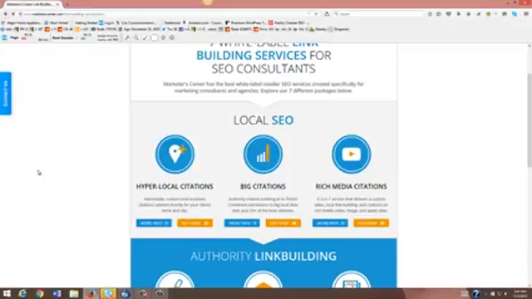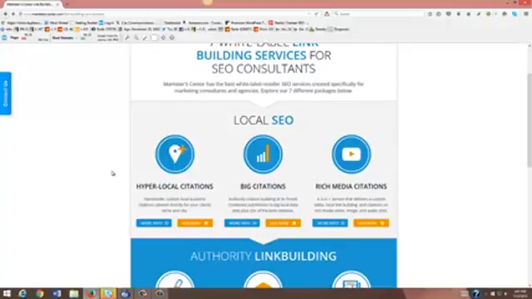But I've been hammering home over and over and over again the importance of local, the importance of geographic signals that tie into your maps. And one of the biggest ways you can do that is through what they call hyperlocal citations. Andrew has it set up as hyperlocal citations. And what you can do is, instead of just putting your citation on the Yelps of the world and Super Pages of the world and Foursquares and all that stuff, which everybody has, by the way,